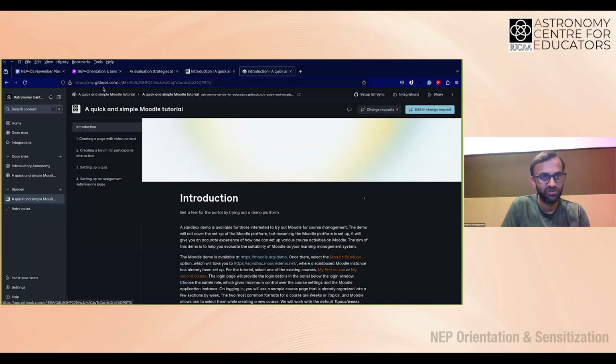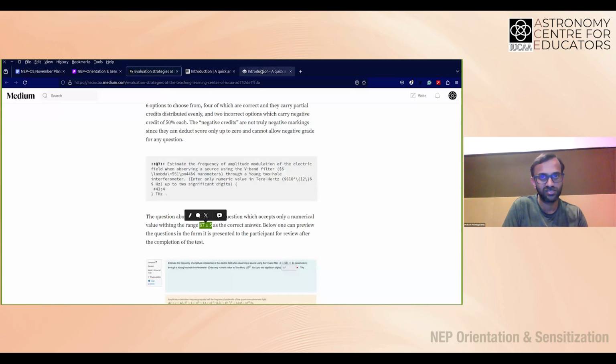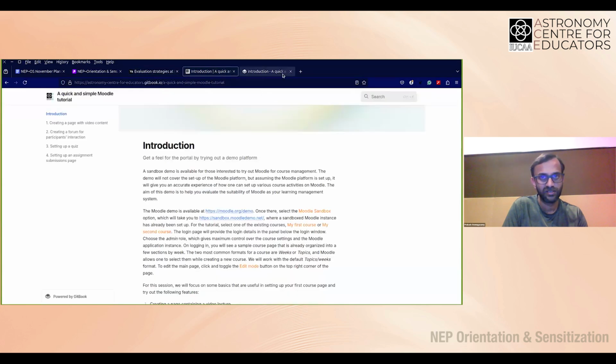So you just go to gitbook.com and create an account and see what the interface looks like. It's free. You go inside and it'll have an interface such as this. So this is what I used to simply create this site with this tutorial. Sorry, this one.